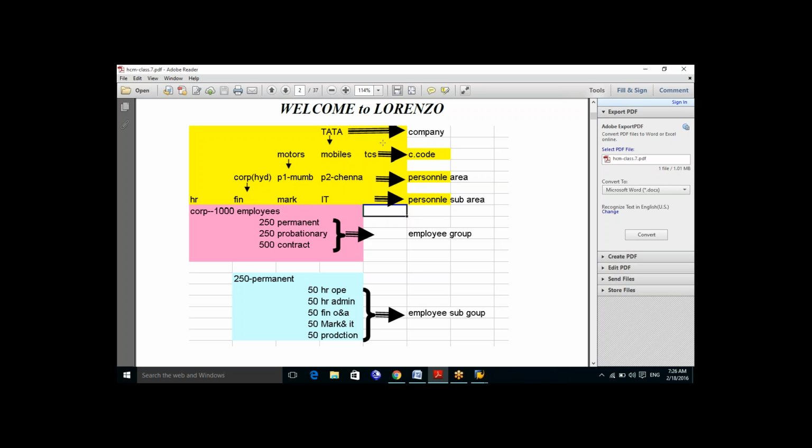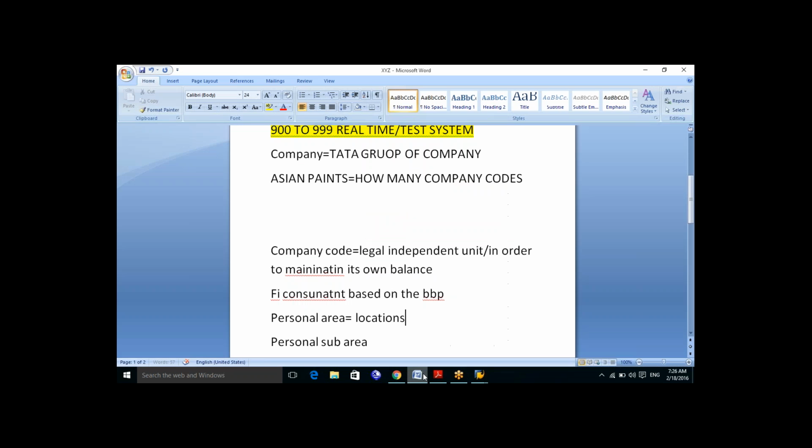Now I hope it's very clear to everybody regarding the enterprise structure before we start configuration. But in real time, the actual SAP HR consultant work will start from the personal area. The SAP HCM consultant is going to start his own configurations of the company as per his client requirement from the personal area. Regarding the client definition and the FI consultant, the client will be given to a basis consultant,